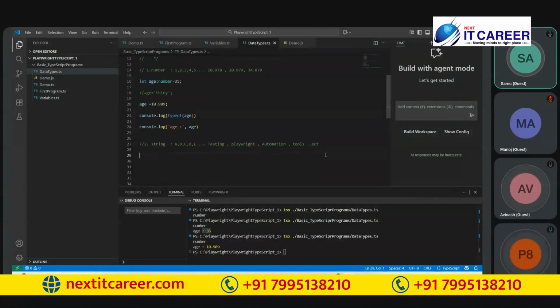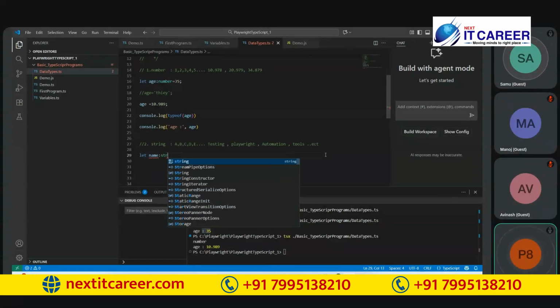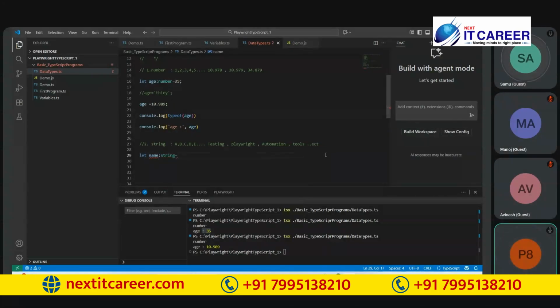Yes. So here also, if you define a variable name colon string equal to, and assign a character like a, yes, it is accepted. Here we are getting a compile time error because we cannot redeclare the block scope variable name.